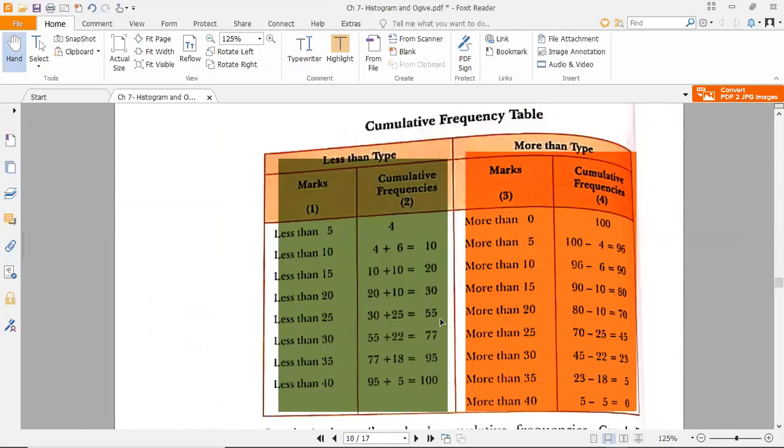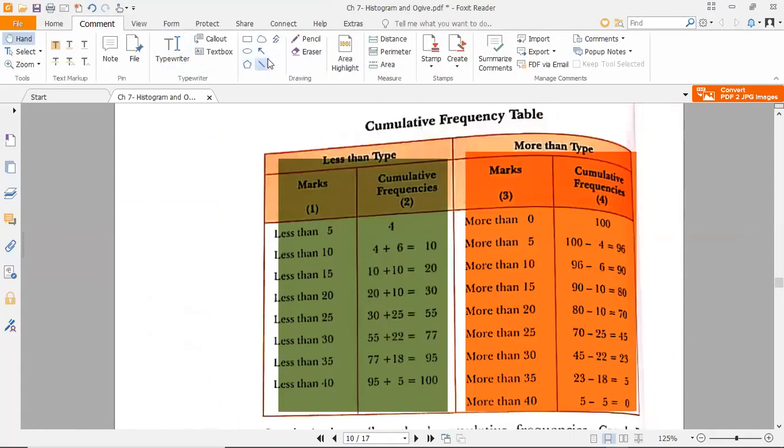Now, how is an ogive to be made? On the x-axis and y-axis, again, you will be drawing like this. For example, you will be making the x-axis and the y-axis, against the value of 5. Like, for example, here it is 5, 10, 15, 20, 25, 30, like that.